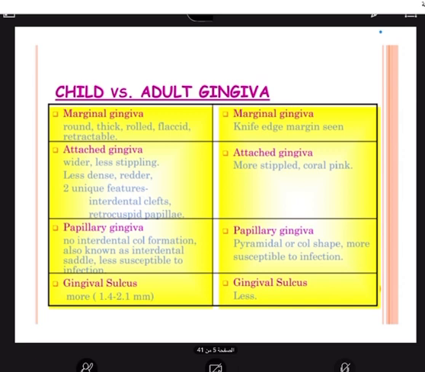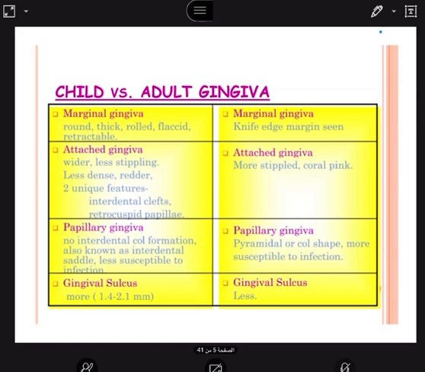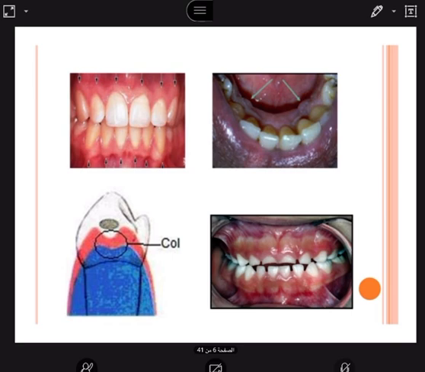Okay, then you have something called the retrocuspid papilla. Basically, this is a retrocuspid projection seen with regard to mandibular canines, especially on the lingual aspect of the primary mandibular canines. This is not seen very commonly in adults. If you look at the second picture in this slide, you can see a bulge on the mandibular primary canine. This is called the retrocuspid papilla. This is also a unique feature of